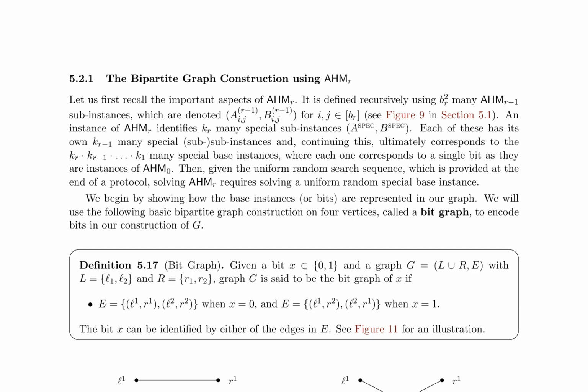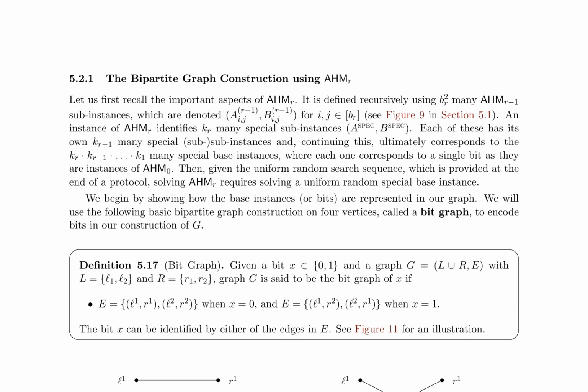The base instances, or bits, are represented in the graph using a basic bipartite graph construction called a bit graph. This graph has 4 vertices and encodes bits in the construction of G. The bit x can be identified by either of the edges in E. Given an instance, A_r, B_r, of AHM_r(n_r, alpha), the paper provides a recursive procedure that separately encodes